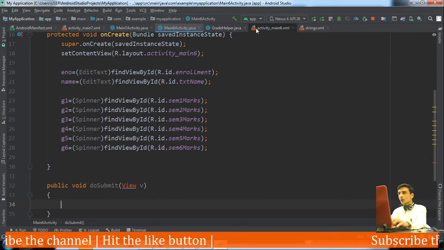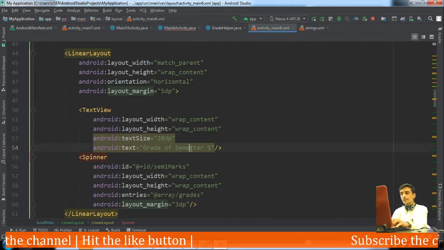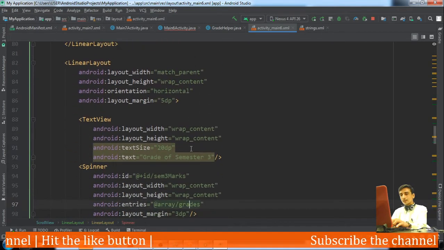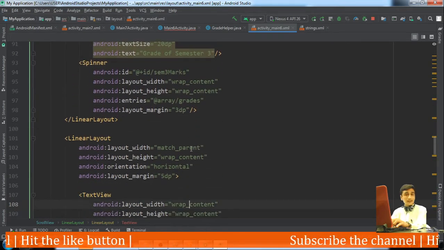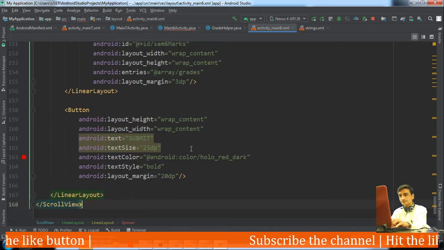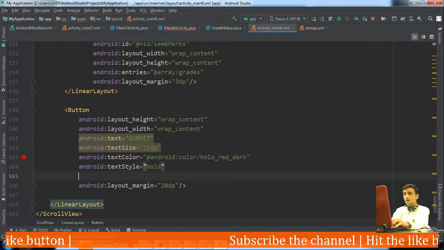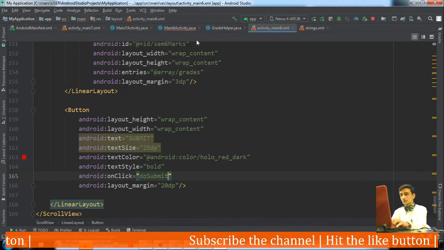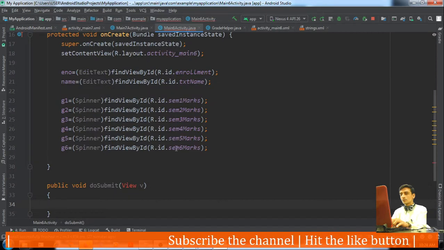This method will be called on clicking of the submit button. So let's set it as the onClick attribute on our button. onClick doSubmit.